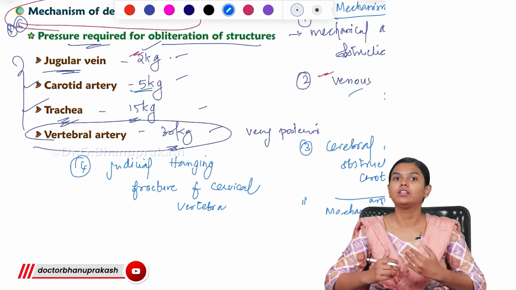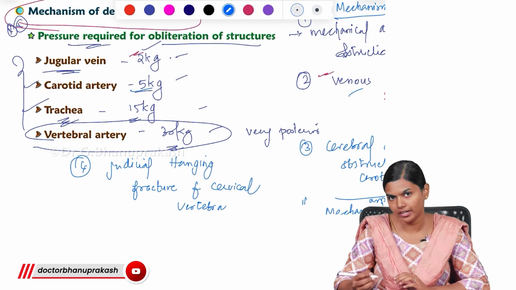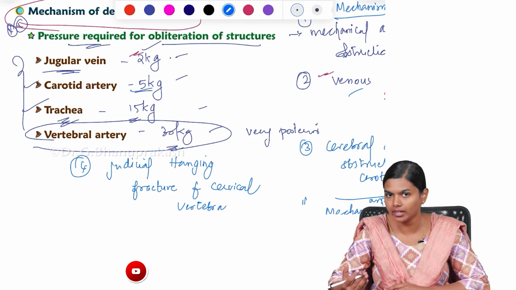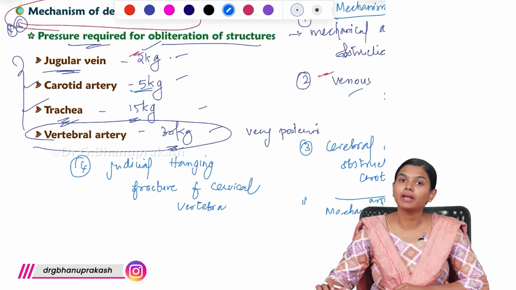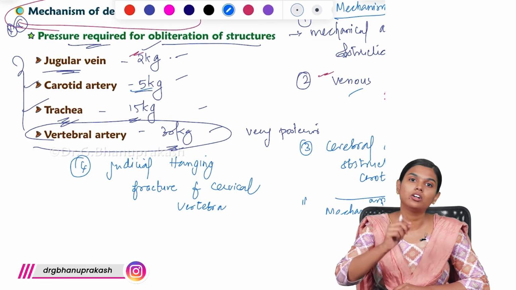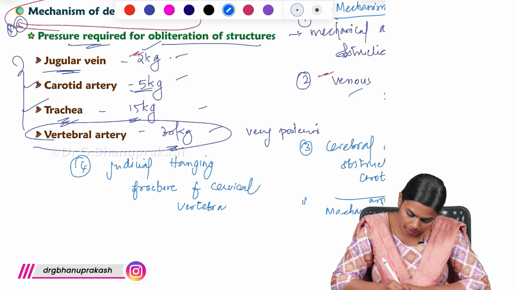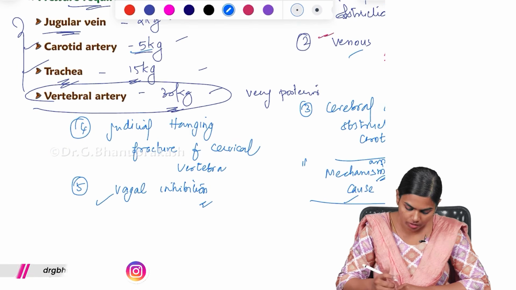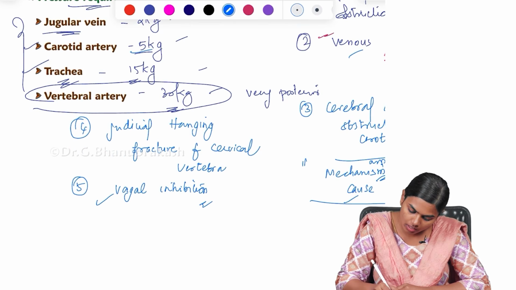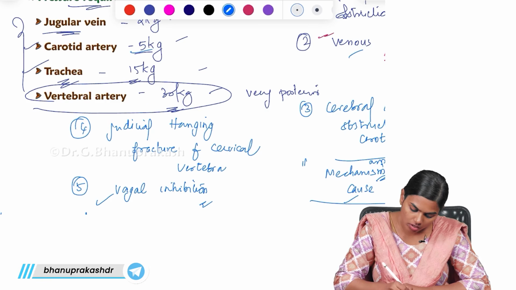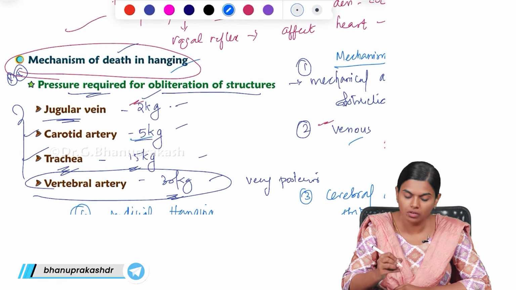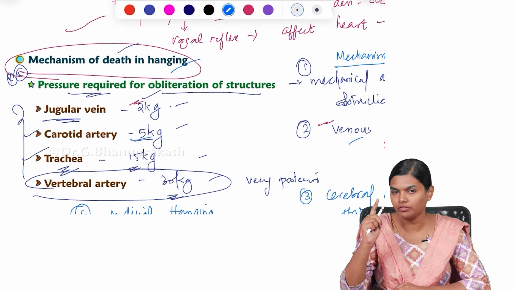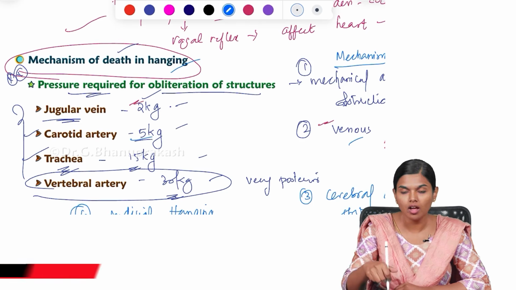When we say cause, it is usually the disease or condition. Like someone dying because of a myocardial infarction, we say cause of death is myocardial infarction. But the mechanism of death there is cardiac arrest. So if it is a case of MI, cause of death is myocardial infarction, but mechanism of death is cardiac arrest or cardiorespiratory arrest. So this is how cause of death and mechanism of death differ. Now do you understand what I mean by the mechanism of death in hanging? Hanging is the cause, and the mechanisms by which hanging results in death are these 5 mechanisms.